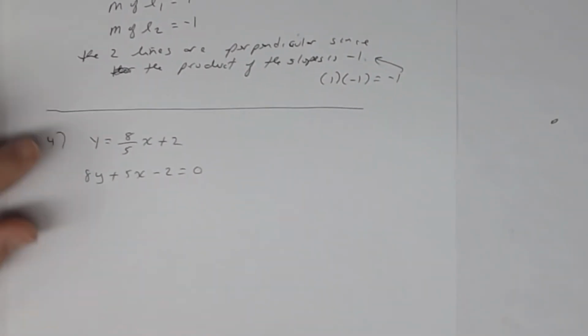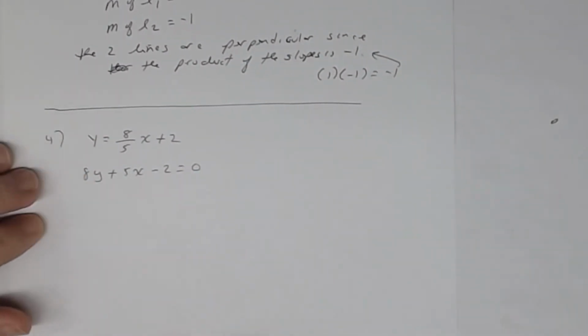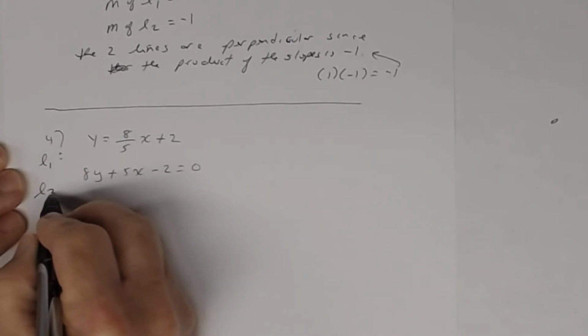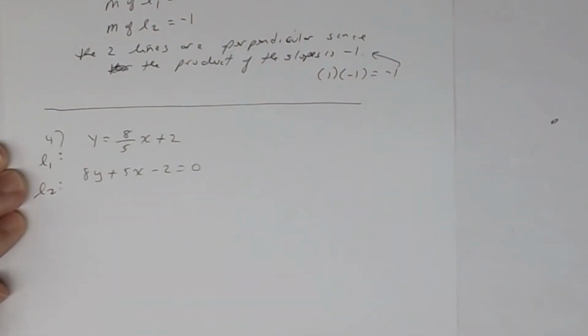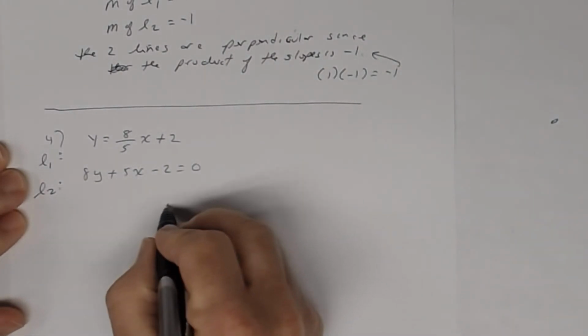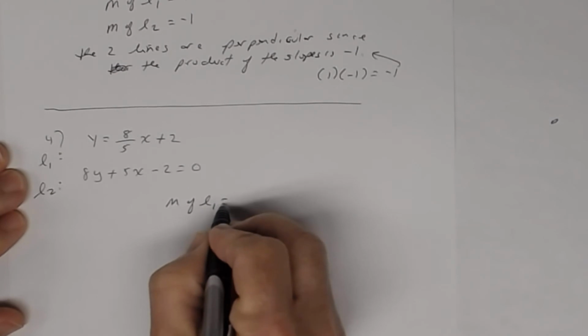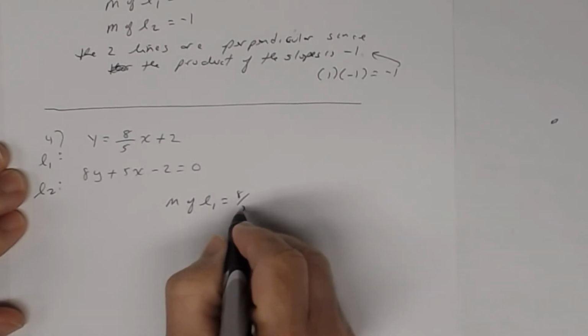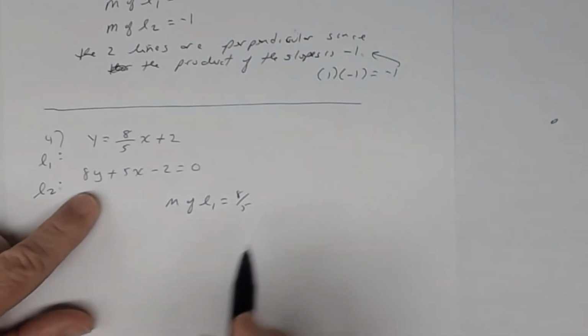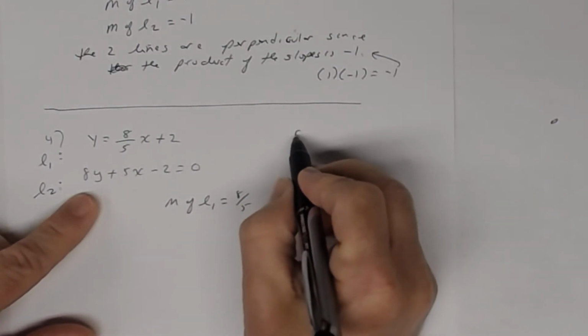Okay, number 4. Number 4, we have these two lines. So let's call this line 1 right here, this one, and this will be line 2. All right. And so line 1 is already in slope-intercept form. So the slope of line 1 is 8/5, right? The coefficient of x. All right, let's find the slope of line 2. So let's do the work here. So for line 2,